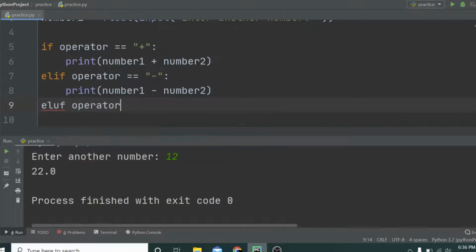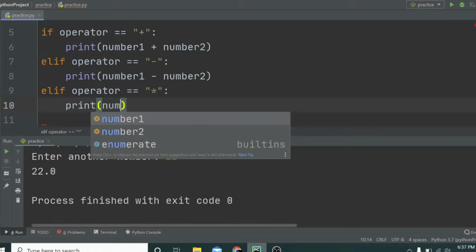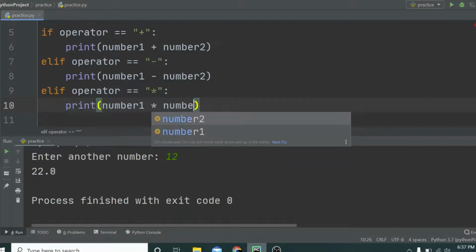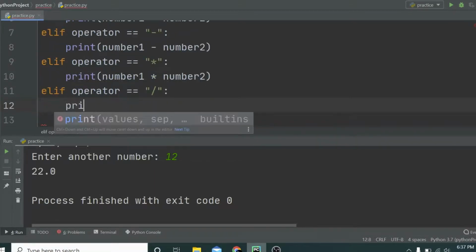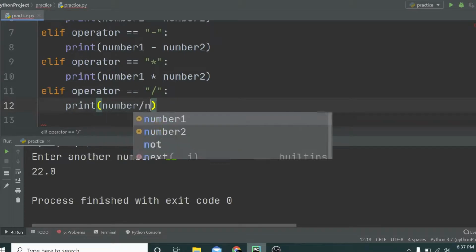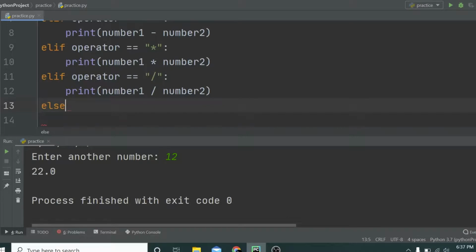Elif operator equal to multiplication, and now I could say print number 1 multiplied by number 2, and then elif operator equal to division, then print number 1 divided by number 2. So that works, I guess. And we could also set one more, else print